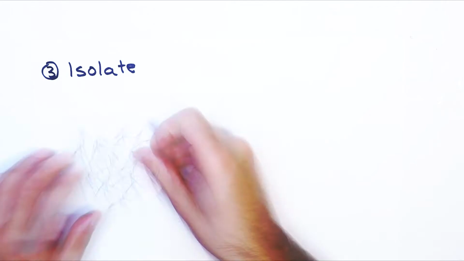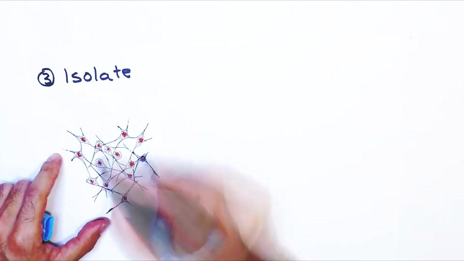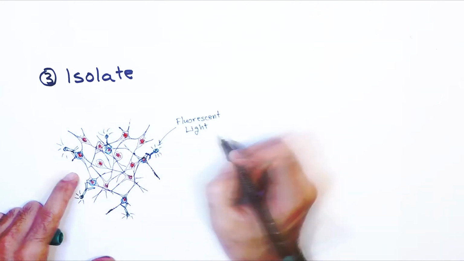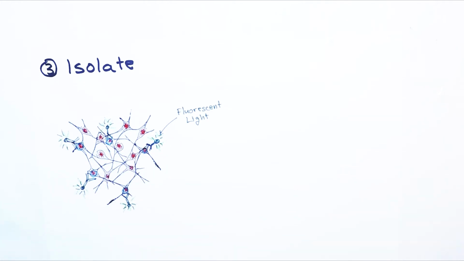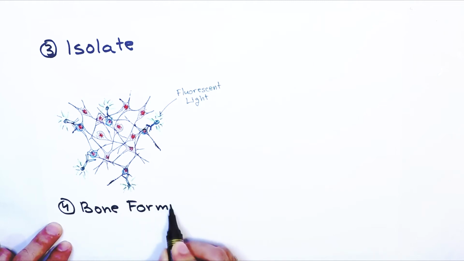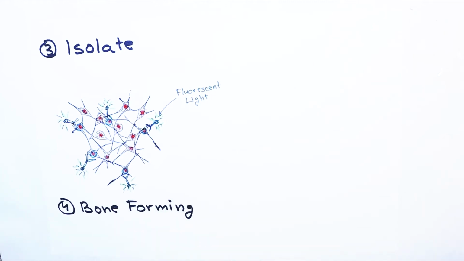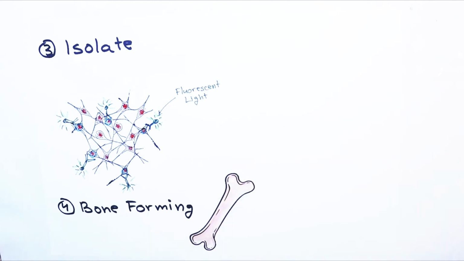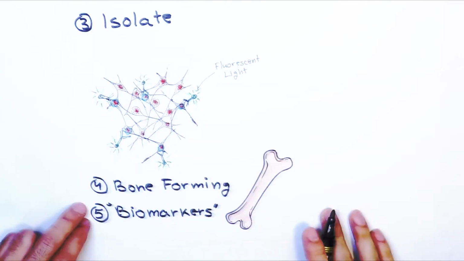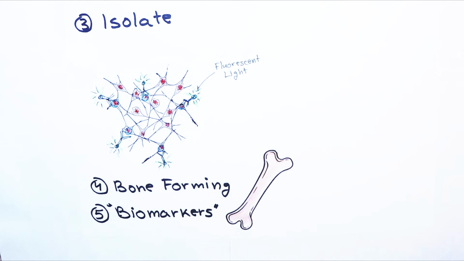The next step would be to use those markers to isolate the stem cell population with special antibodies that emit fluorescent light when attached to the markers on the stem cells. Once isolated, those stem cells can be used to demonstrate the superior potential towards bone forming to regenerate the skeletal tissue. The final product will be a set of specific biomarkers which allows isolation of cells with regeneration potential from